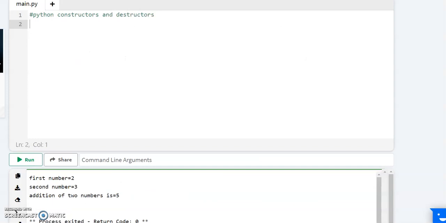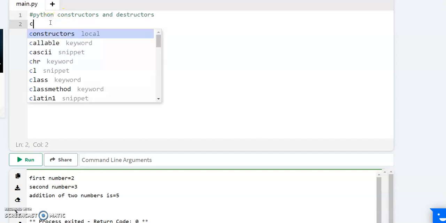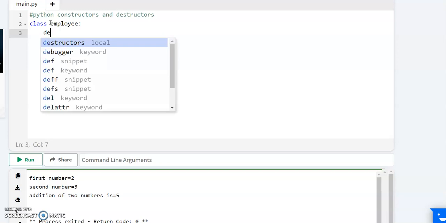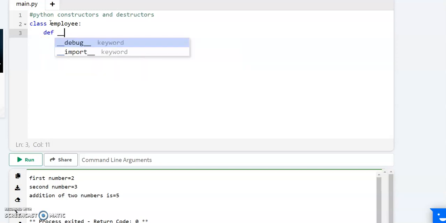Now we'll see an example. Let's take a class, and I have taken employee as the class name. Next, initializing the constructor, def __init__ self, should be in parentheses, right?